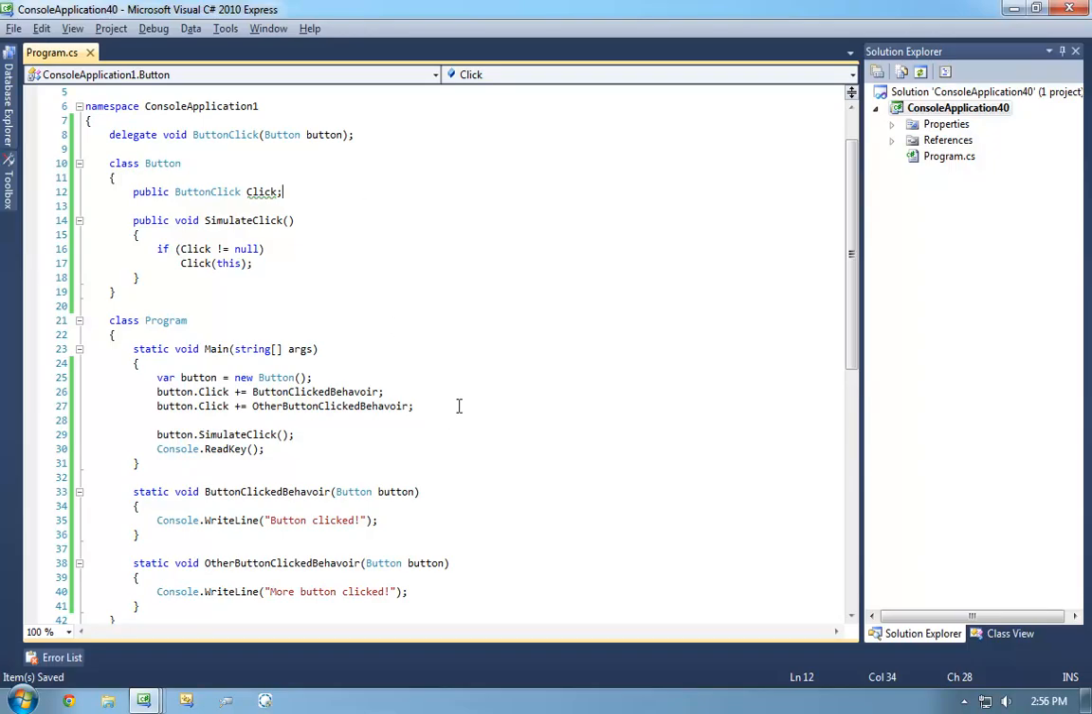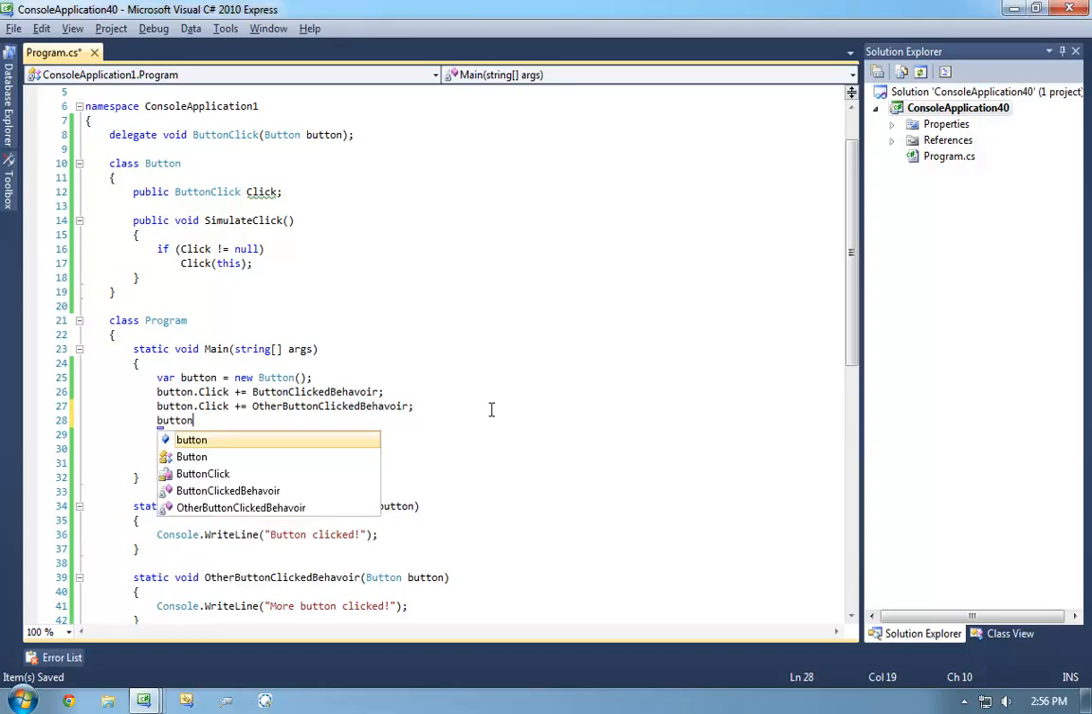The first problem is I can do whatever I want to this. I can do anything that I want to this delegate. I can assign it to null. And so can anyone else. That's not good. The reason it's not good is because